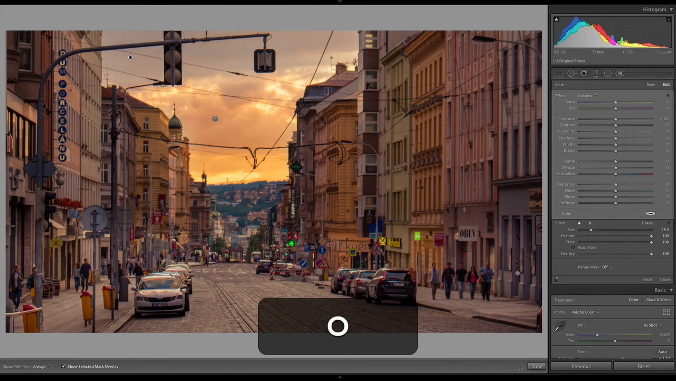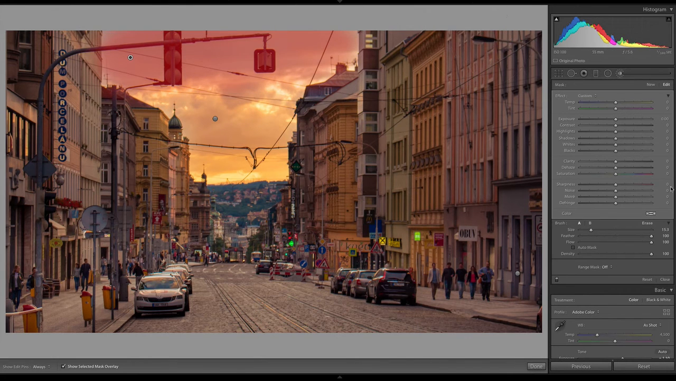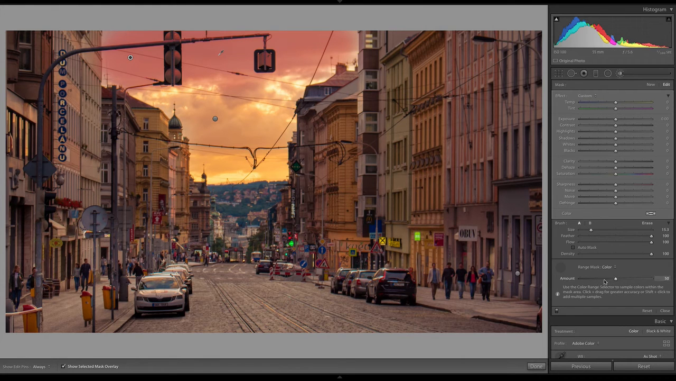Let's press the O button to see what I'm selecting. Perfect. Now let's turn on range mask. We're going to select color. So I'm going to take my eyedropper and just click right in the color. It does its job. And now I can slide up or down depending on if I want more selected or